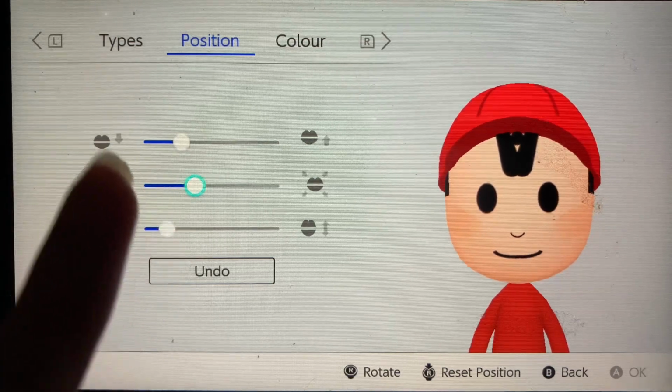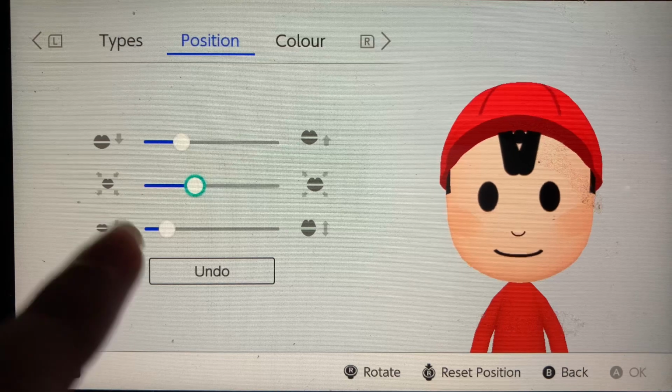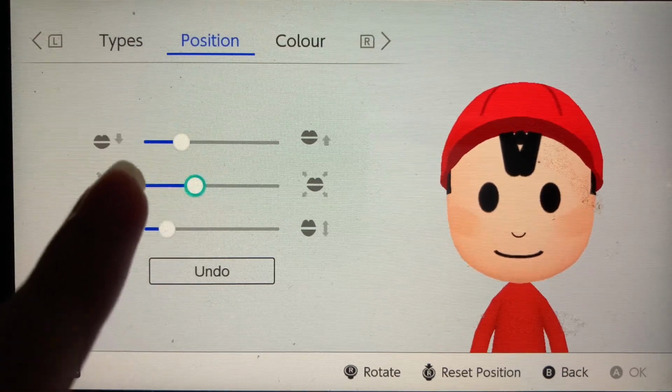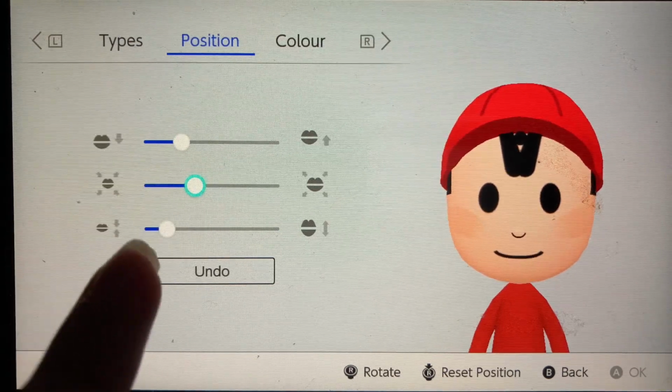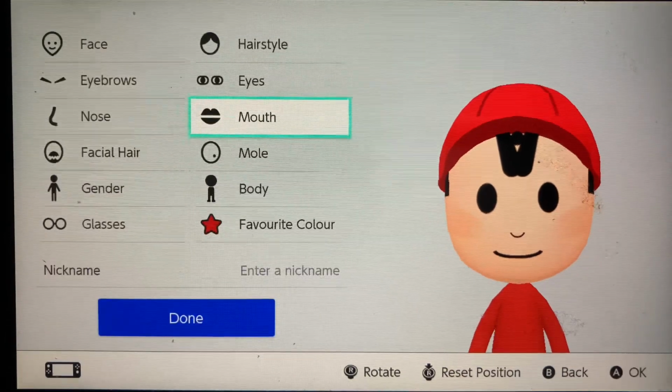So I'll recommend for this part, because there's only 3 oppositions to choose from, I'll probably recommend 10 minutes, because it won't take you that long to actually do. So pause this video for 10 minutes. Okay, so after you've done that, we go straight on to